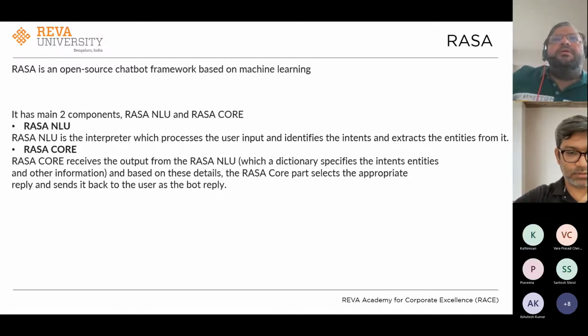Okay, so what you are doing right now in this course involves NLU. So the answer will be yes after you finish the course, right? NLU is the interpreter which processes the user input, identifies the intents and extracts the entities from it.